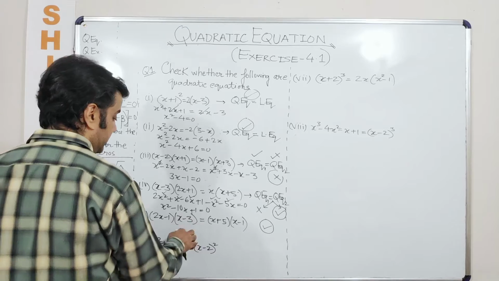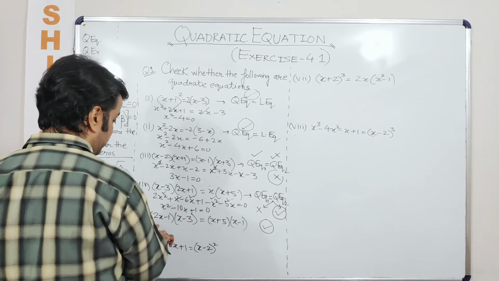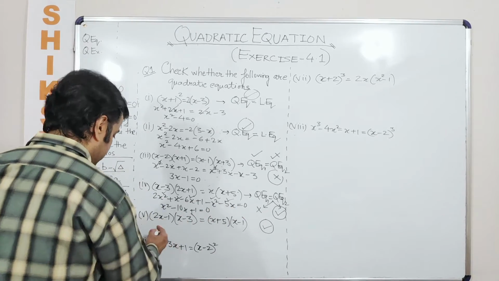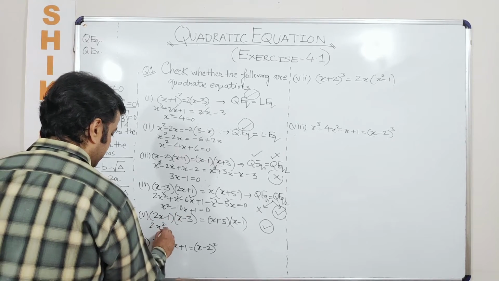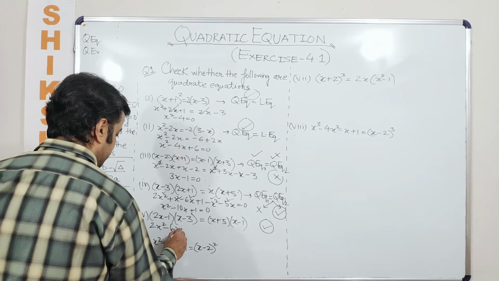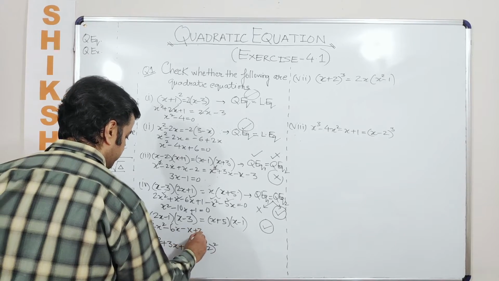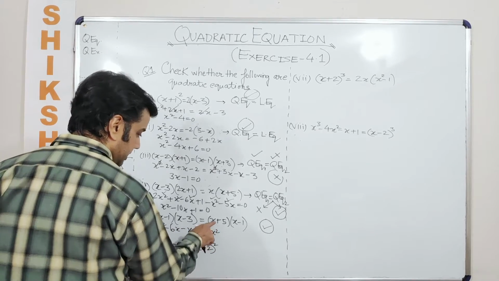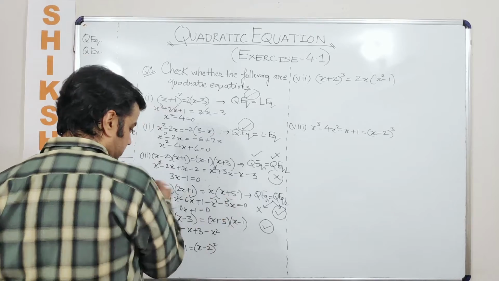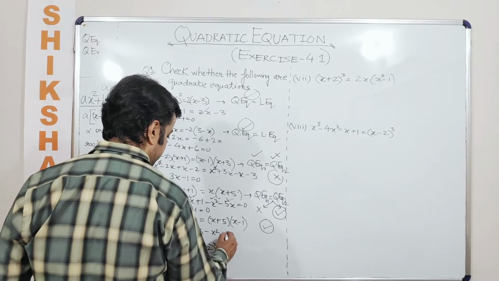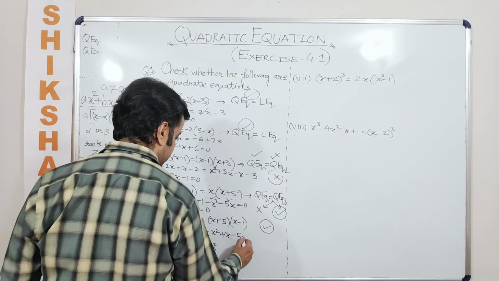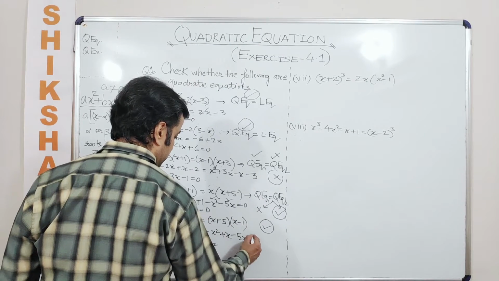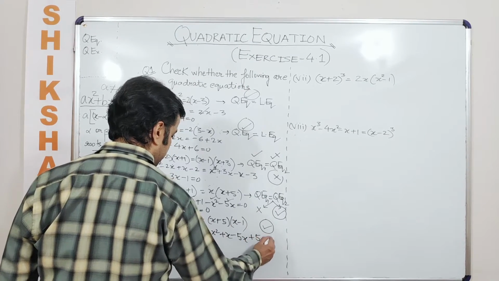So without even getting into writing the full form here, let's now, when we are justifying, solve it in toto. 2x square minus 6x minus x plus 3 minus x square, then minus x when it goes on the left hand side becomes plus 5x, when it goes on the left hand side becomes minus 5x, and then minus 5 when it goes on the other side becomes plus 5 is equal to 0.